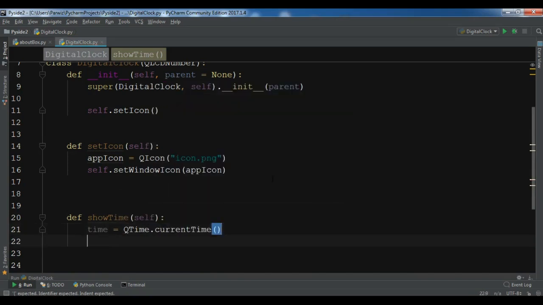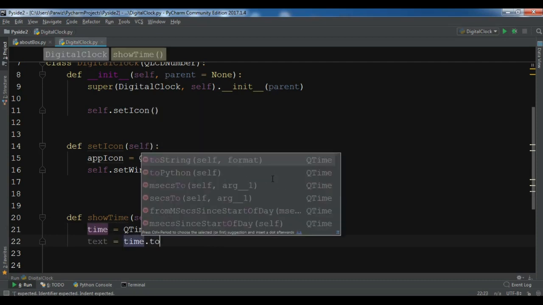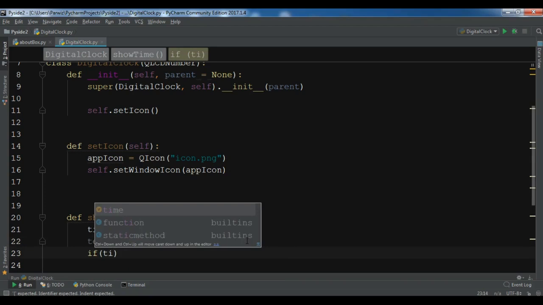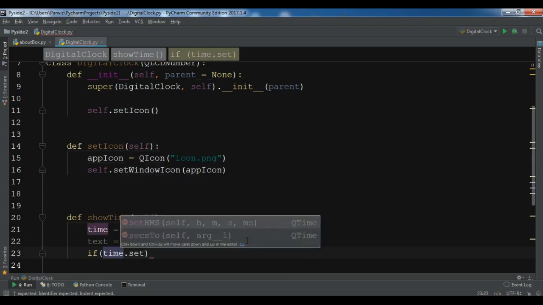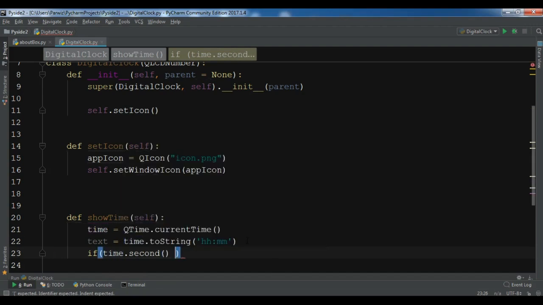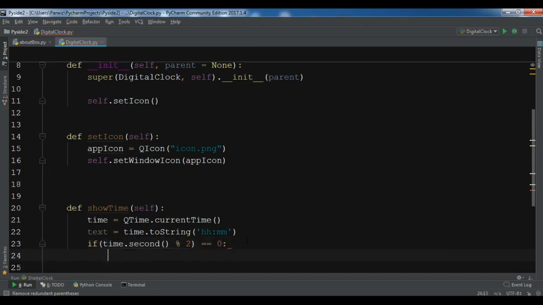I'm getting the current time from the system, so time dot to string, and this is the format that we are going to use. We have hour and we have minute. If time dot second modulus 2 is 0, so if this is the case, now we need to